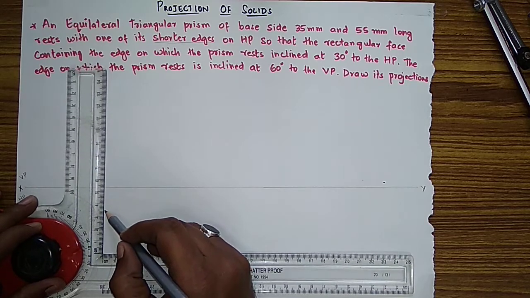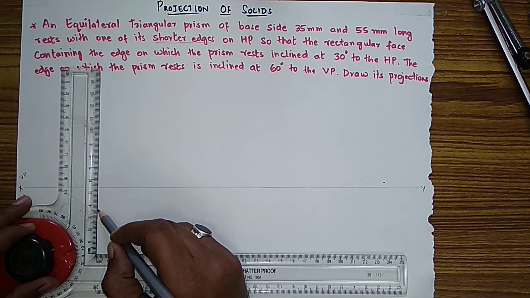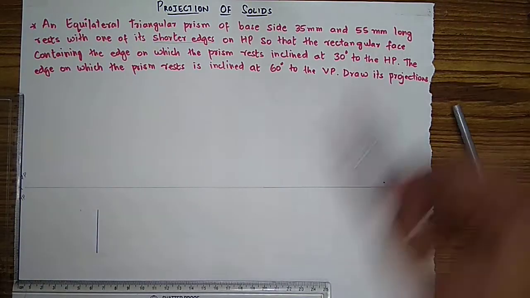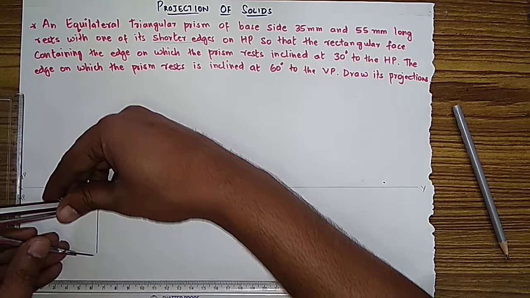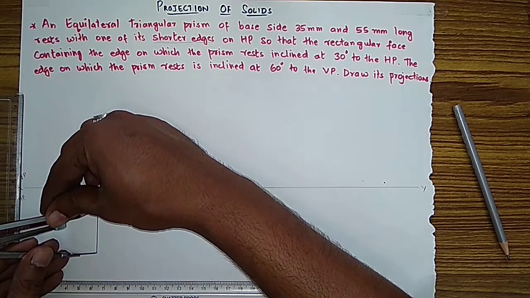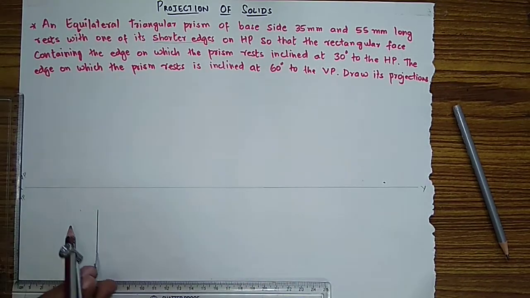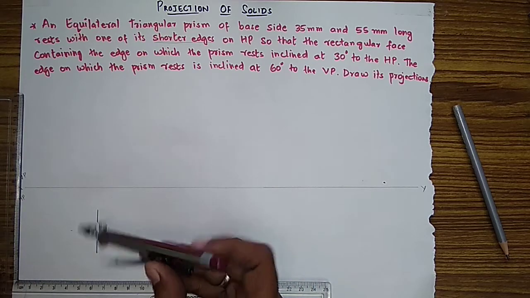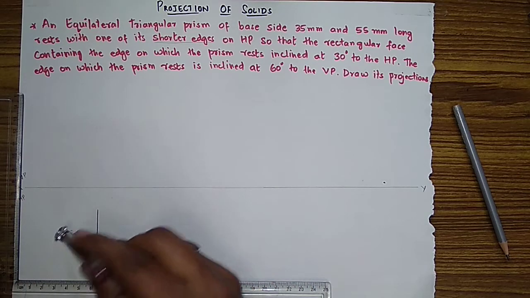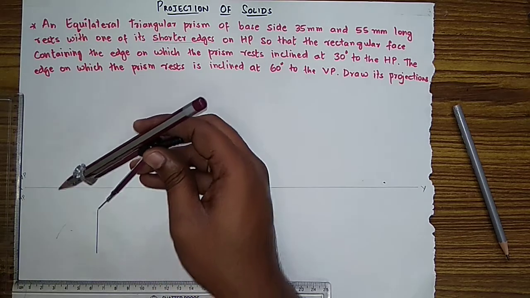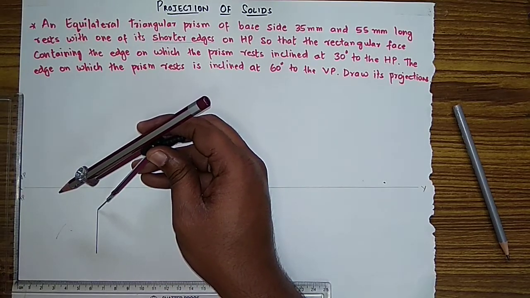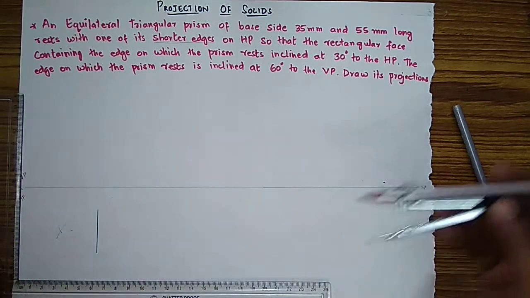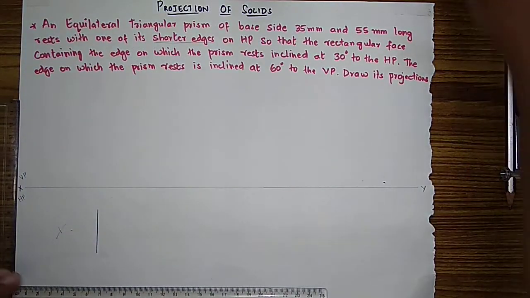For example, I am drawing 35 mm. Okay, I am showing you in a simple way how to draw a triangle with the help of a divider. Measure the total line you have drawn, 35 mm, the side as said in the question. Keep the divider on the corner and draw an arc from here, and on the other end keep your divider, and where these arcs meet you have to draw a line.